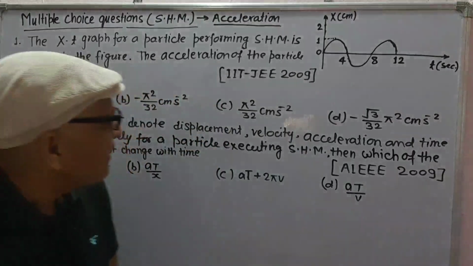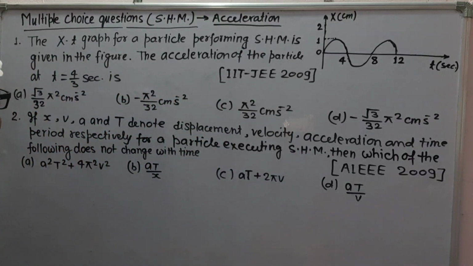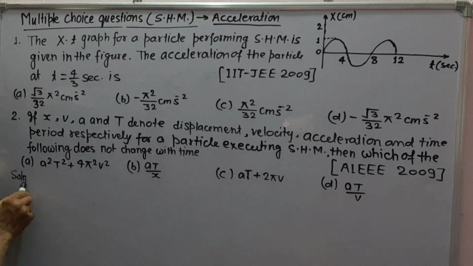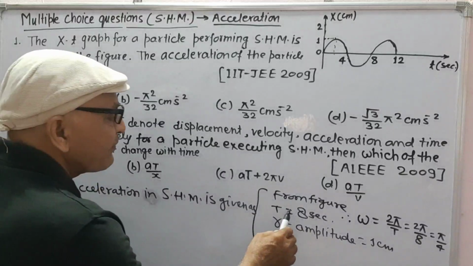Now let us see the first question. The question is, the x-t graph for a particle performing simple harmonic motion is given in the figure. The acceleration of the particle at t equal to 4 by 3 second is. Solution to question 1: from the figure,